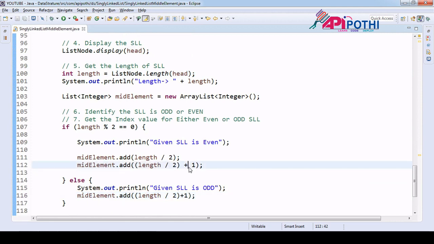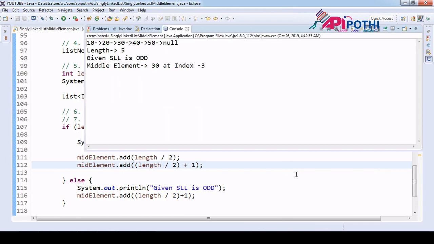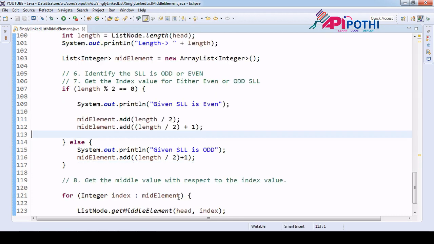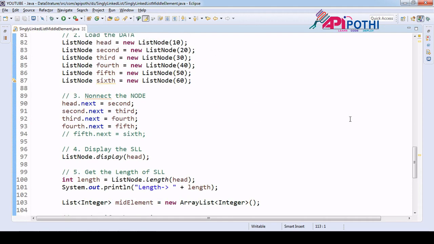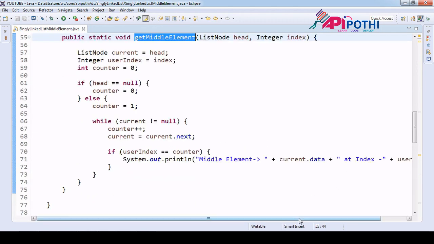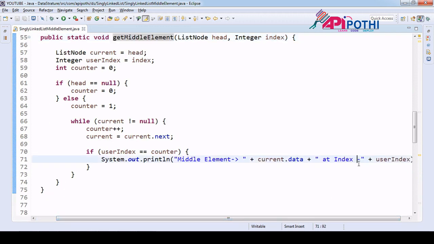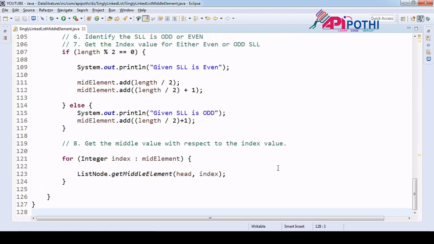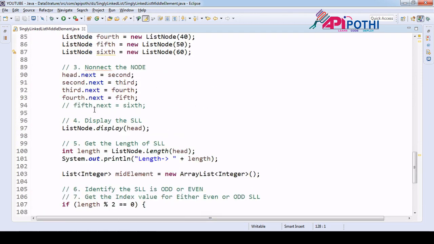Now right click, run as Java application. If you see, the index is 3, and 30 is the middle element if this is odd. Okay, good. This is showing as a -3, no? So I have to change this one, delete this one. Otherwise it is confusing. Okay, good now. But I have to uncomment this